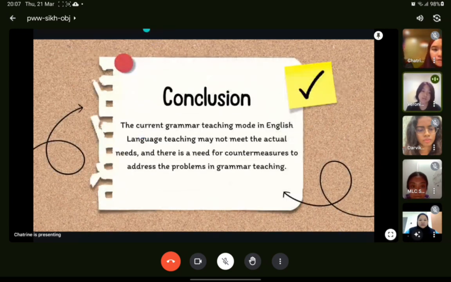So, in conclusion, the current grammar teaching mode in English language teaching may not meet the actual needs, and there is a need for countermeasures to address the problem in grammar teaching. That's why, by reading this article, we think that mind mapping and short stories need to be added in classroom teaching so that we can learn grammar the easiest way, and it is proven that student abilities can be enhanced in a few aspects, such as